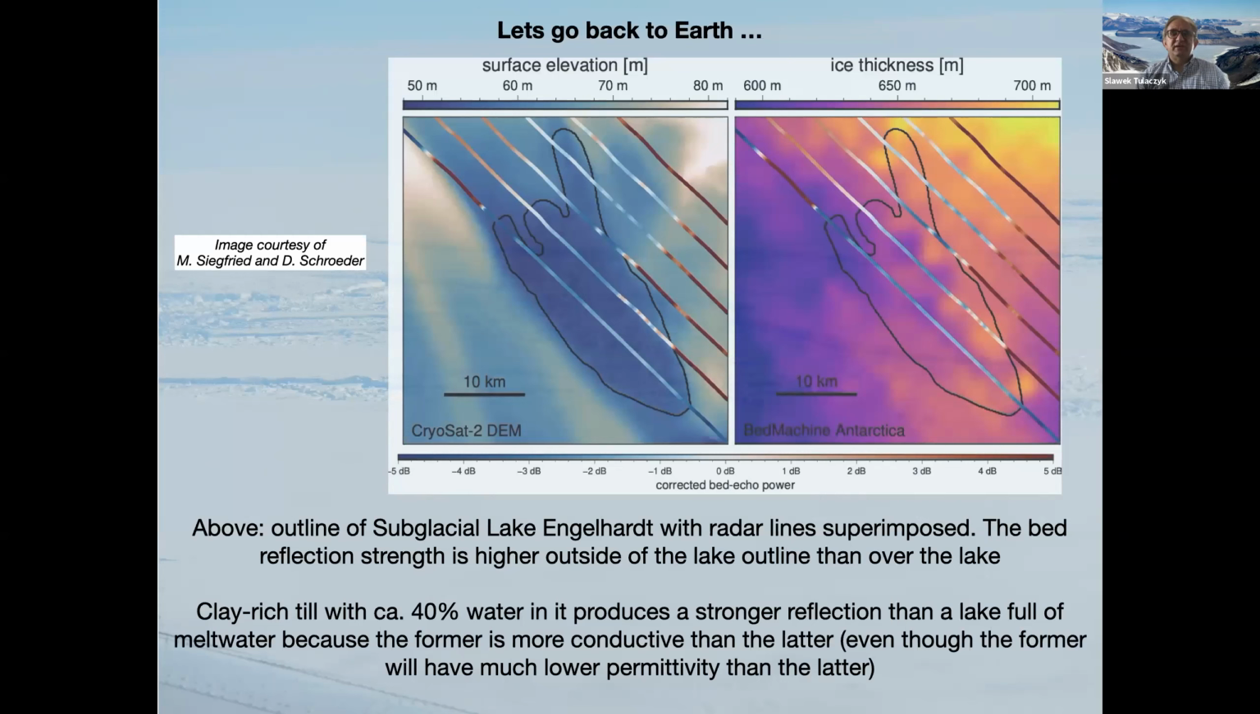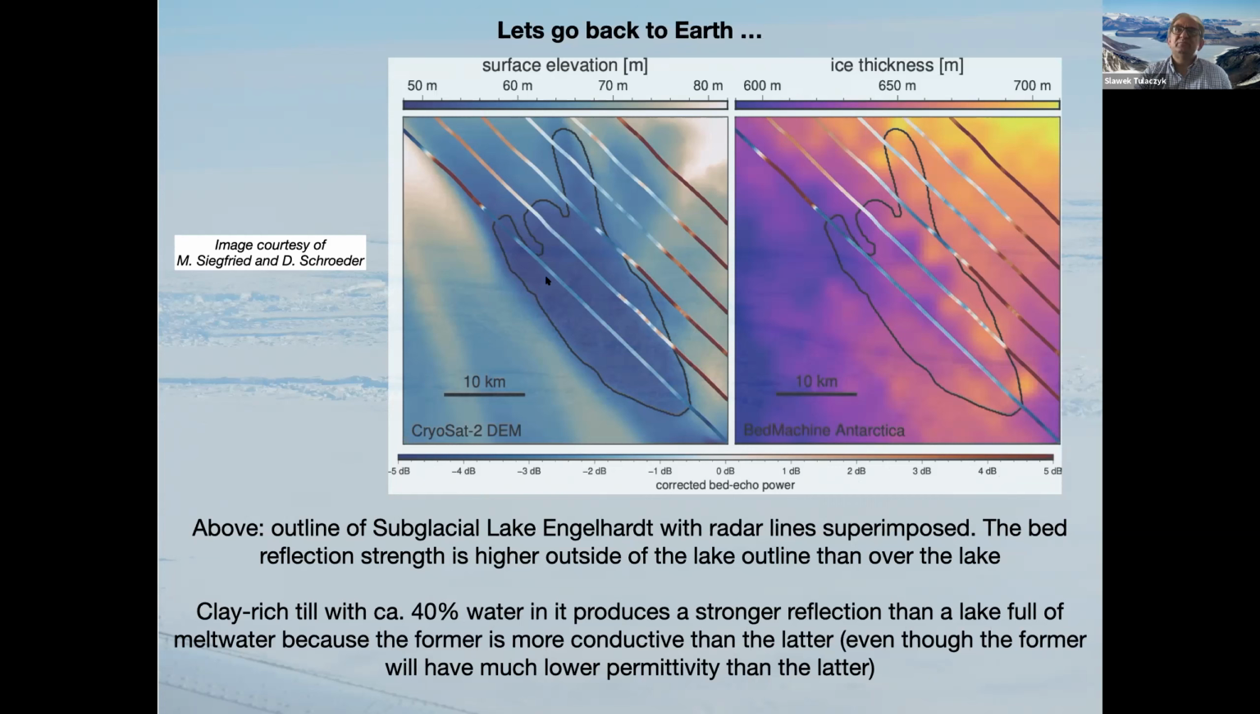Okay, so we'll take a quick trip back to Earth. This is an image that's been graciously given to me by Matt Siegfried and Dusty Schroeder from their work on bed reflectivity over lakes in the Siple Coast region. This is the outline of the subglacial lake Engelhardt, or Engelhardt subglacial lake, whichever way you prefer to say that. And you can clearly see the reflectivities, expressed with this color scale down below. The browns are